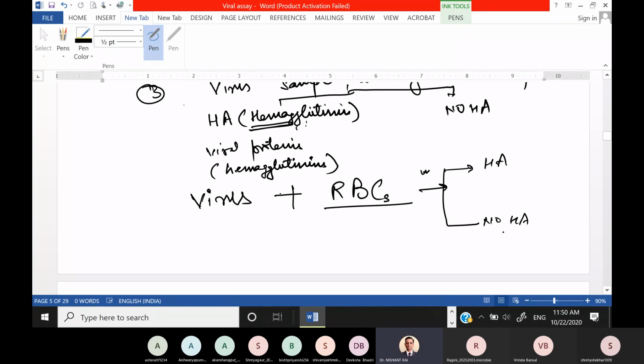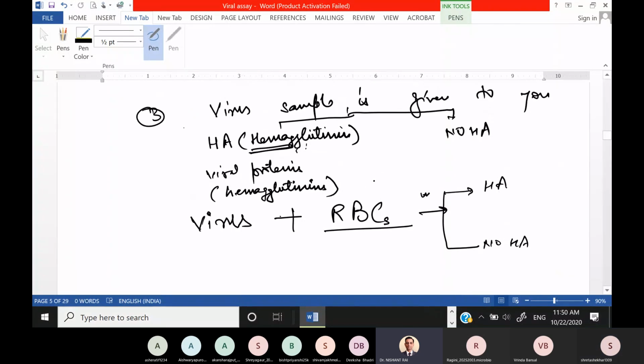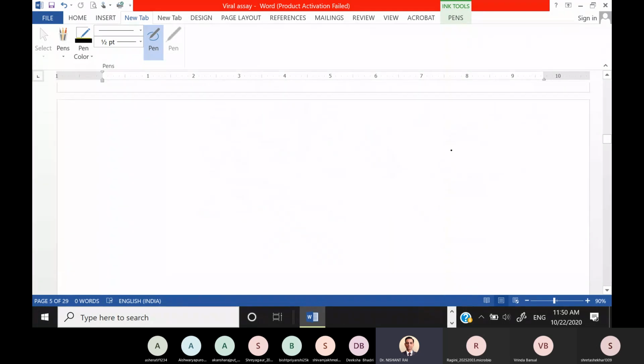Confirmed. Now this question can be asked in two ways in competitive examination. Take the example. First is, a virus sample is given to you, how you will differentiate the virus on the basis of the viral protein, that is hemagglutinin, right? आंसर दिए हुए हैं, हीमाग्लूटिनेशन एटसेट्रा। इस क्वेश्चन में बोला गया है कि वायरस, आपको पता ही नहीं है कि वो वायरस हीमाग्लूटिन कैरी कर रहा है नहीं कर रहा है, एक क्वेश्चन।